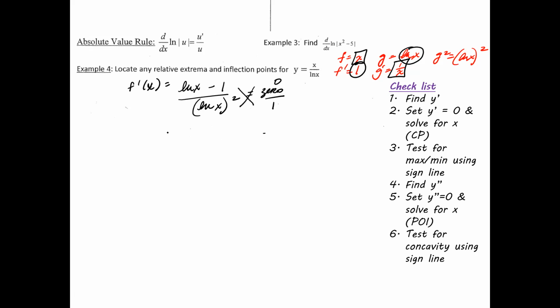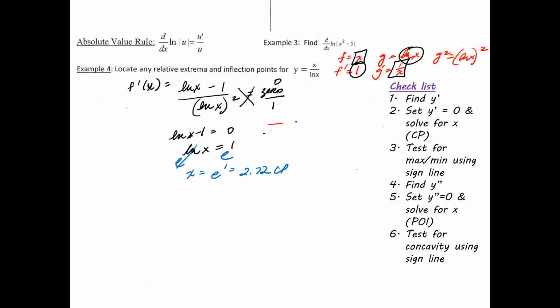I'm going to go ahead and cross multiply, and I end up with ln x minus 1 equals 0. So at this point, I'm going to add the 1 on both sides. ln x equals a positive 1. Now, if you go back to Algebra 2 Honors, the way you can solve for ln x, how you get rid of ln, is you insert an e on both sides. So ln cancels, x is now by itself. e to the 1 power, you can put into your calculator, or you can just write it down that I have here. It's going to be 2.72. So this is your critical point.